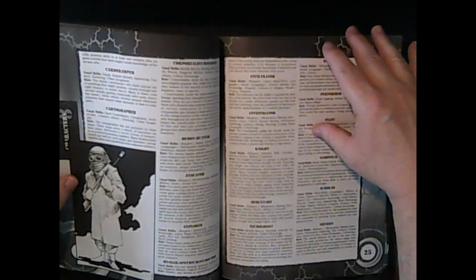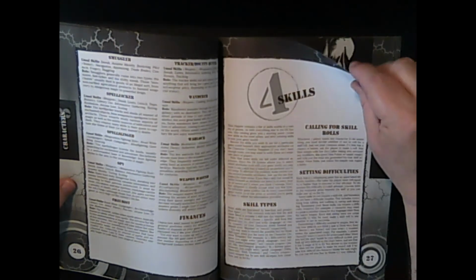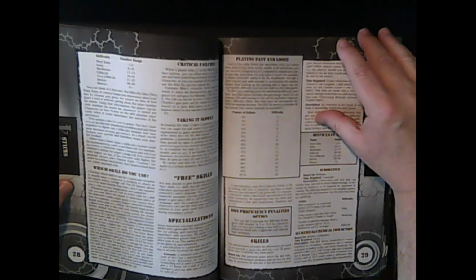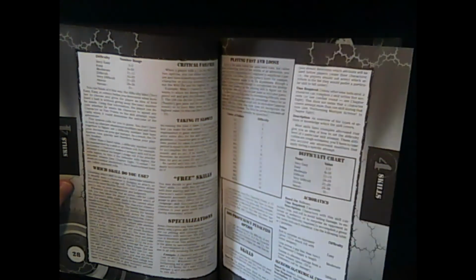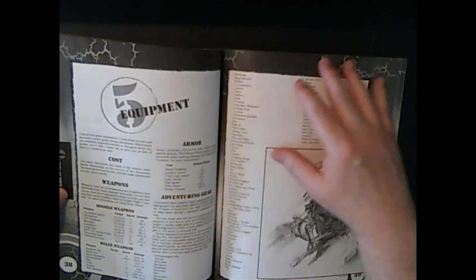And this is a long list of character types. This is the skill tables themselves and skill types, setting difficulties. A superhero game would have different difficulties than, let's say, Men in Black or even a Tank Girl style setting. When we come to equipment,